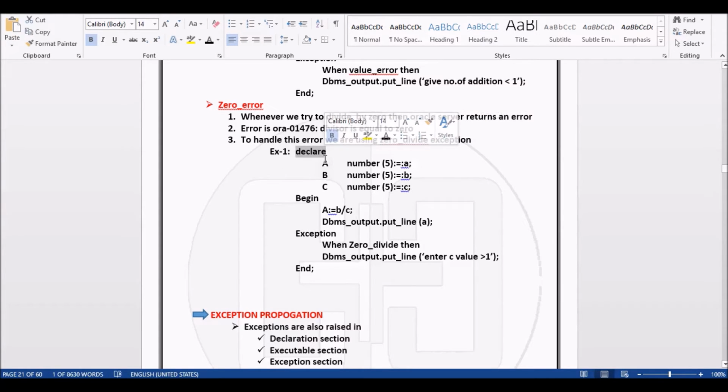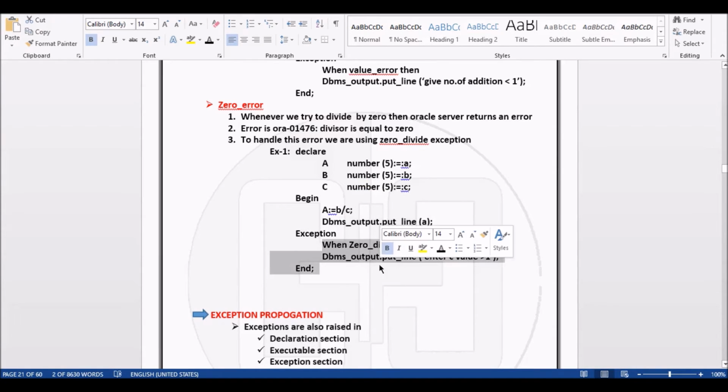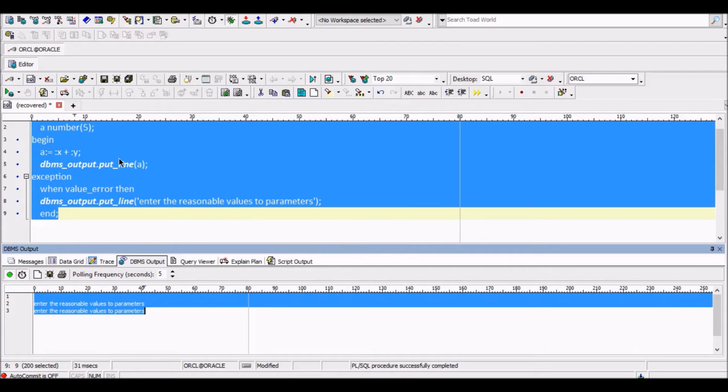So declare, we are declaring 3 variables with the parameters. Okay, next we are beginning the executable section and assigning some arithmetic calculations here.